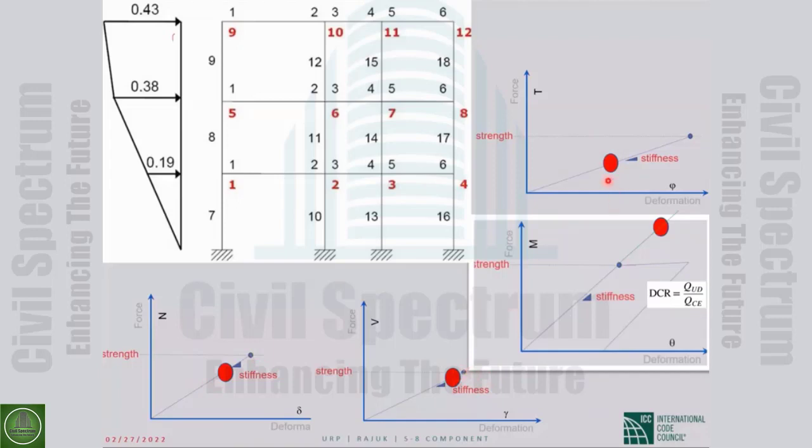All of them, their QCL, the lower bound capacity, is more than the demand. QUF, the demand in the force control. Therefore,